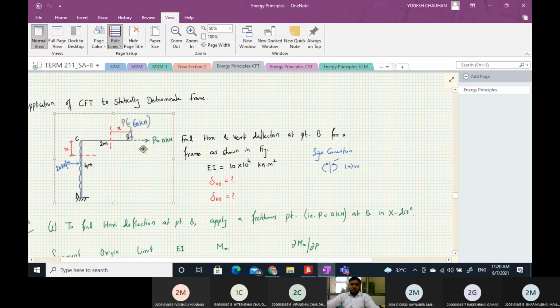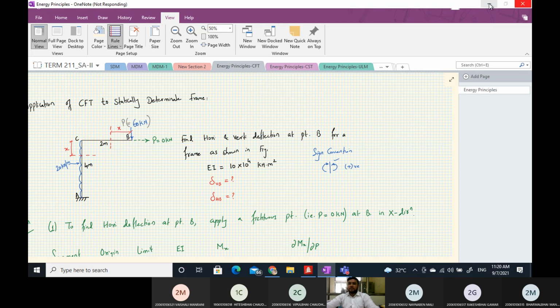Suppose we want to find the slope and deflection at point P, then we have to enter the EI value exactly as given. Only then will the result match, because the deflection and slope depend on the flexural rigidity of the member. So we have to enter this value correctly. Then only you will get the exact value matching with the manual calculation. That we'll see in the next lab.